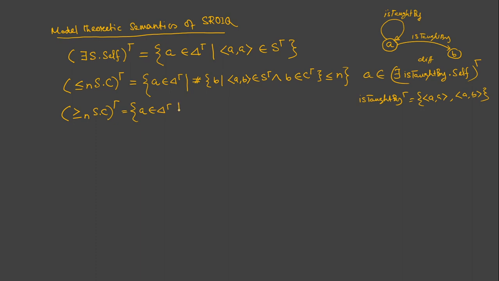So it will look similar. A belongs to delta such that the cardinality of the set that we collect from counting the objects connected to A, basically the set of B's, where AB belongs to S delta and B belongs to C delta, is greater than or equal to N, right? So this is the model theoretic semantics of the elements in the T box. Now let us talk about the elements in the R box,